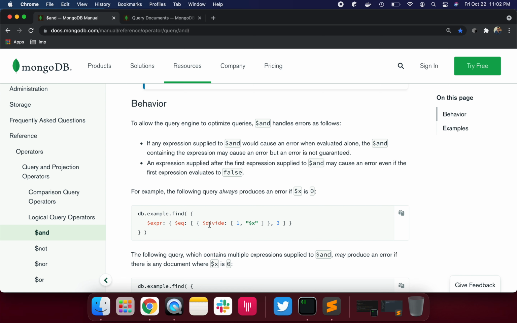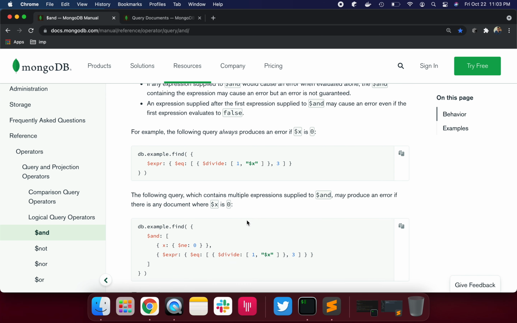By default, if we are not providing and, MongoDB implicitly provides and for us. But if you try to divide 1 by 0, for example $x value is 0, then it will throw an exception. I will show you one example.